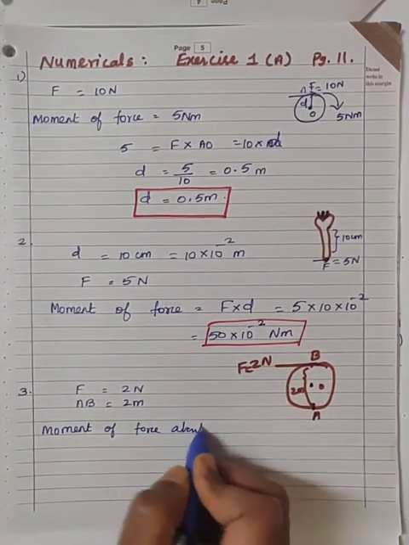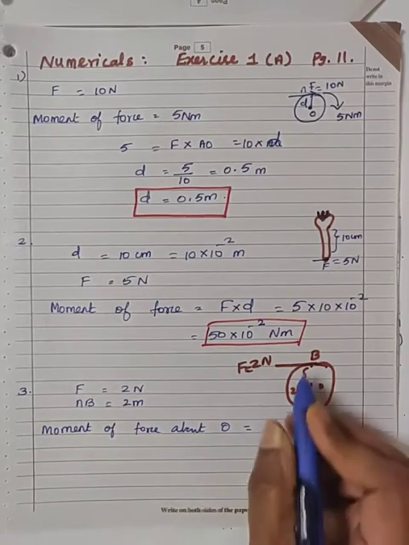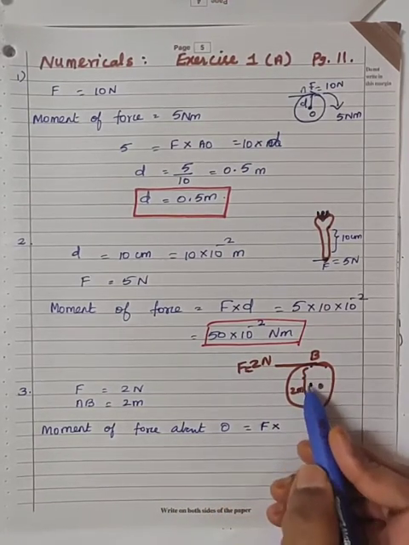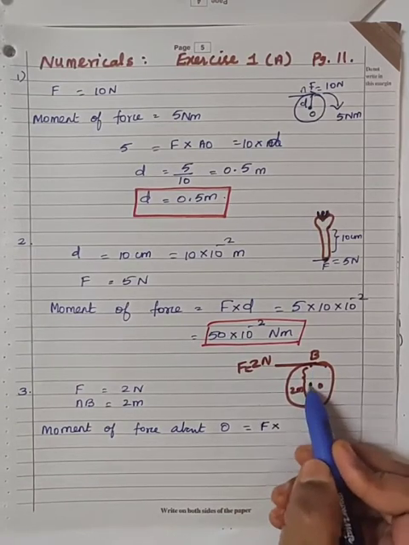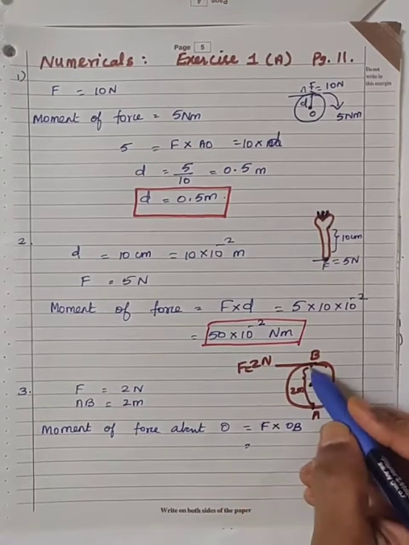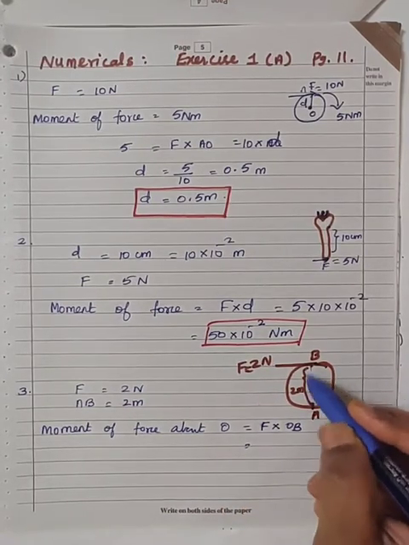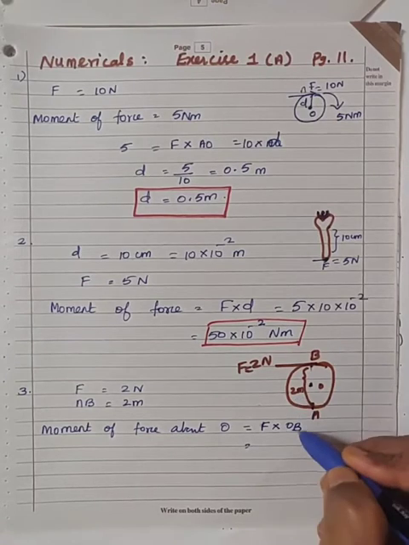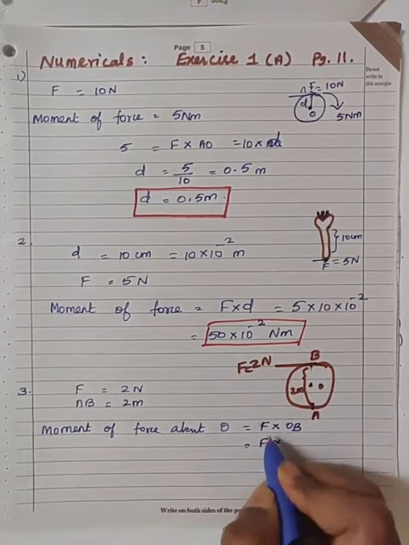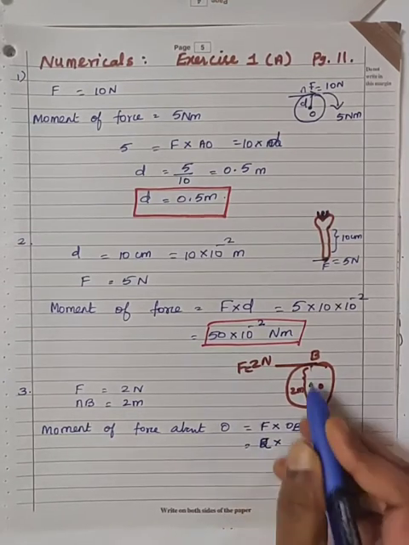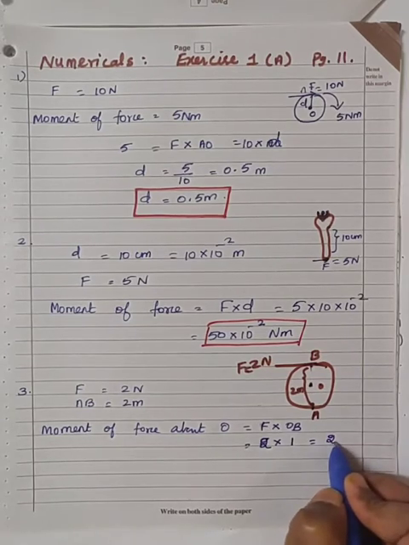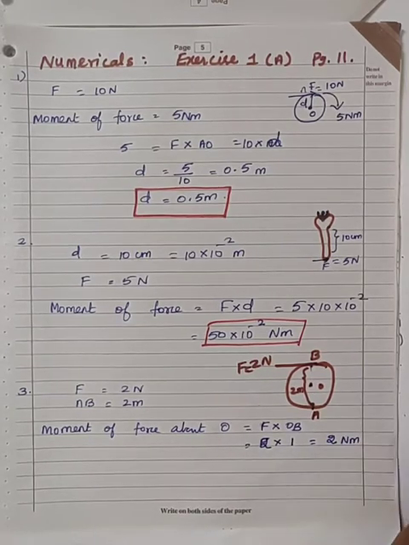So we can write moment of force about O is equal to, according to the diagram, F is the magnitude of the force and the perpendicular distance between the line of action of the force from the pivoted point is equal to OB. OB forms the radius of this wheel. The diameter of the wheel is given as 2 meter, so the radius is equal to half of the diameter, which is equal to 1 meter. F is given as 2 Newton. OB is equal to 1 meter, which forms the radius of the wheel, so the moment is equal to 2. Moment of force SI unit is Newton meter.